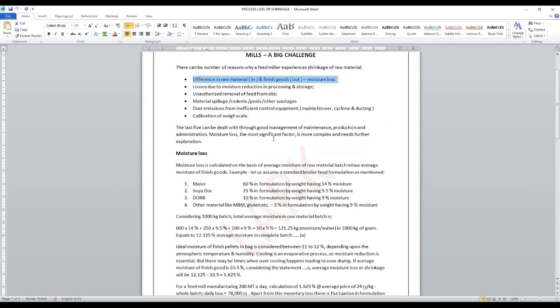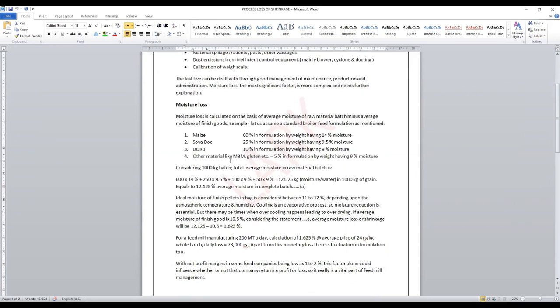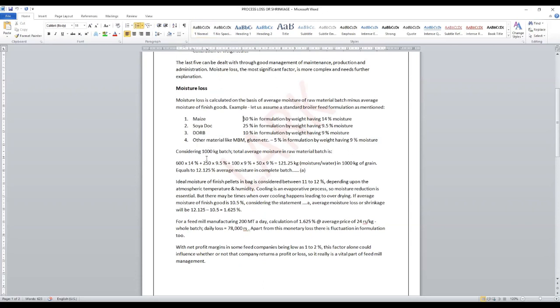For example, we took a reference formulation in which maize is around 60% by weight, having 14 point moisture. Soya DOC is 25% in the formulation, having 9.5% moisture. DORB 10% in formulation having 9% moisture. Other materials like MBM, gluten 5% in formulation having 9% moisture. When we calculate all these equally, considering a 1000 kg batch, 600 into 14% moisture plus 250 into 9% moisture,